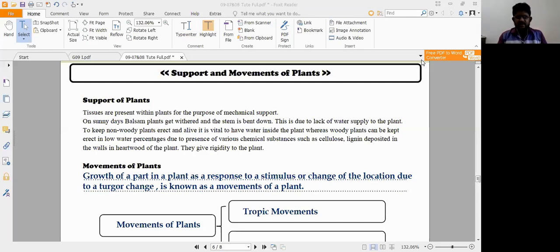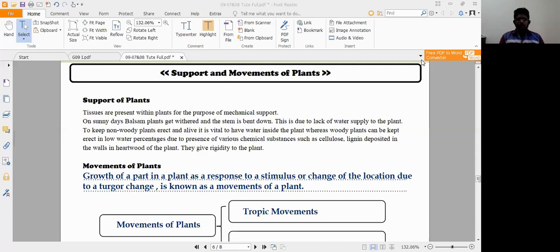Fine. So what it says, there are two types of plants we can take, the woody plants and non-woody plants. Woody plants have wood, non-woody plants are without wood, the stems are woodless, right? Now, these woody plants will be growing straight up. And non-woody plants don't have wood stems. So how are they getting the support? That is because of